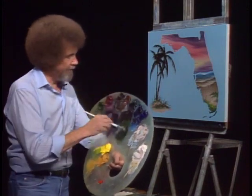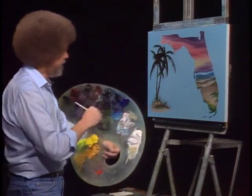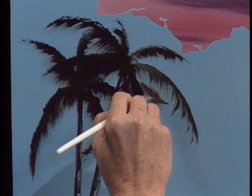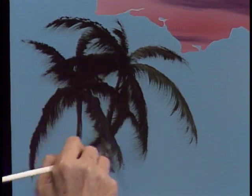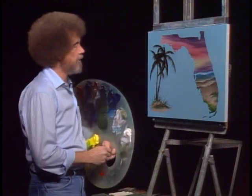Got just a minute left here. I'm going to take some of that dark green color on the fan brush, and I'm just going to highlight a few of these little palm fronds up here. Just with a little green. Just enough to make them stand out a little. There. And I think with that, we're going to call this old painting finished, and we're going to bring this series